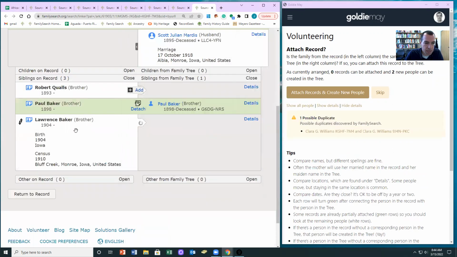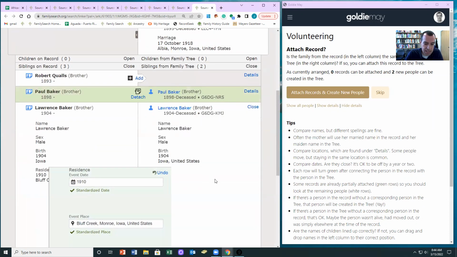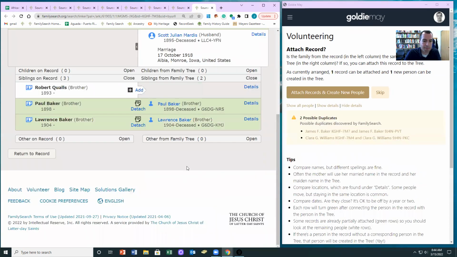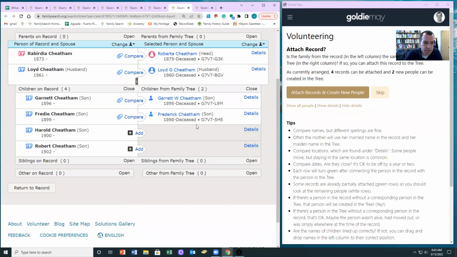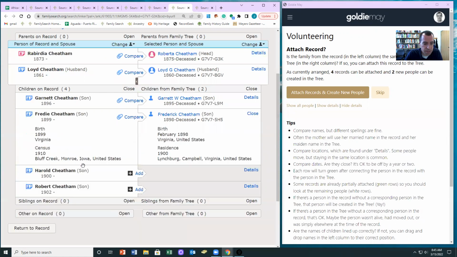And by skipping Robert, he's still going to get a chance to be on the tree. It'll just happen through kind of a different process. Okay, so again, here, notice that this is a really good match. You can almost tell it's a fantastic match without looking at details, but you can still take a look at the details. Here you can see Virginia,